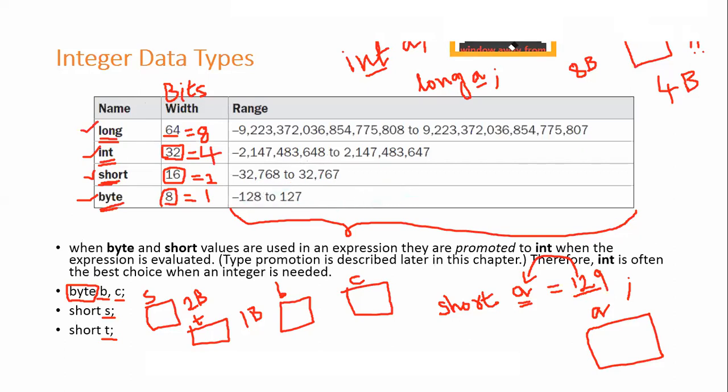As you see, students, what's the range of values it can take? It can take from minus 32768 to 32767. I want to store a value called 129, and this 129 is going to fall in this range, the range of short. Therefore, I have replaced byte with short. Is it right, students? So now I can store the value 129 in the variable a, since 129 falls in this range, right?